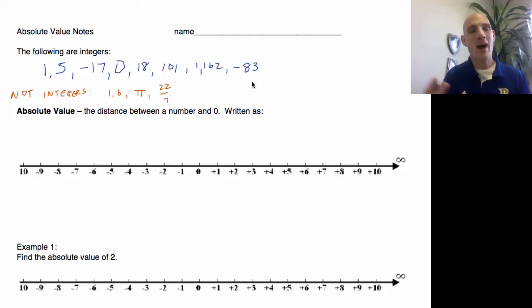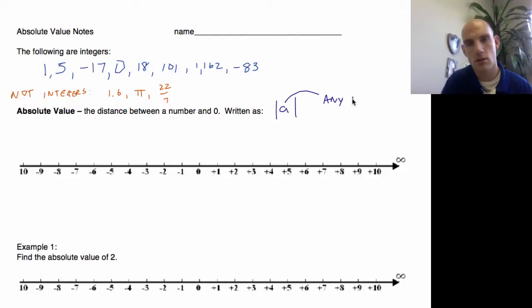So absolute value is the distance between a number and 0. It's going to be an integer. So absolute value is written as bar, number, bar. So A could be any number, so this is any number here. Okay? When we're talking about this, if we're looking at a number line, something I might say is the absolute